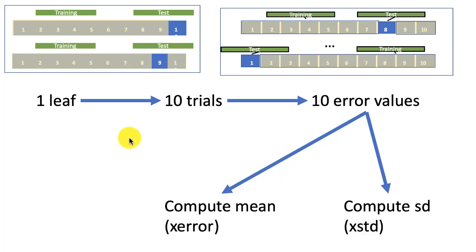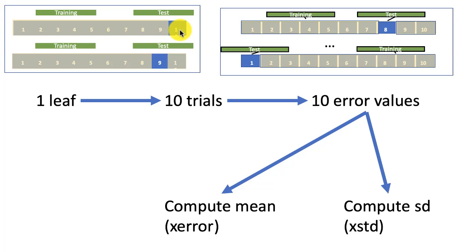So again, what we did is, for each of these 10 times, you first consider the tree with only one leaf. That's the starting point. Of course, when you have a tree with only one leaf, you make a prediction from that tree with one leaf for the cases in the test part, in the 10% that you left out from this process. So now for all the cases in that 10%,